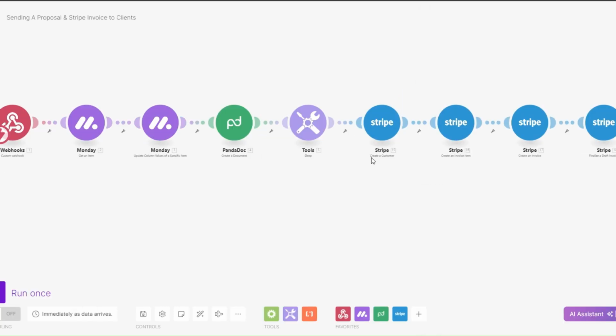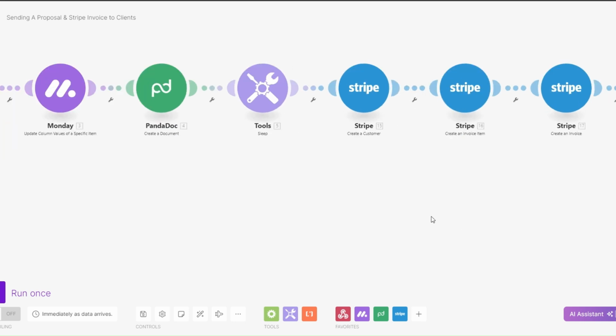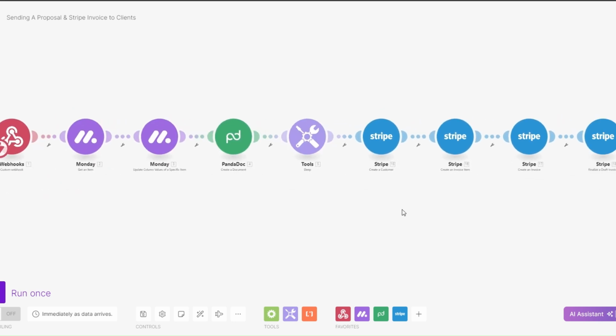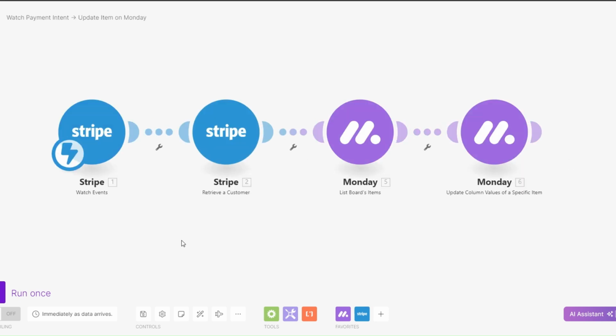That was a quick video of me showing you a Stripe invoicing system that we are currently building for a client on make.com. It involves changing the status from awaiting call to awaiting payments so the automation can run and call our webhook right here and generate a proposal and create an invoice for our client, like I showed you previously using this automation. Now, after the client receives the invoice and makes the payment, we have set up this automation to update on our CRM that the client made a payment and his status will change from awaiting payment